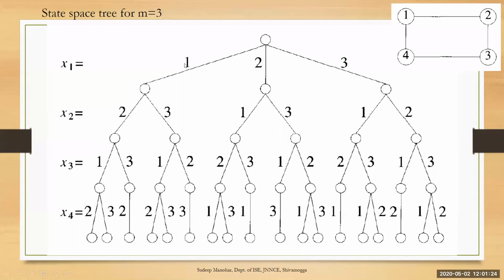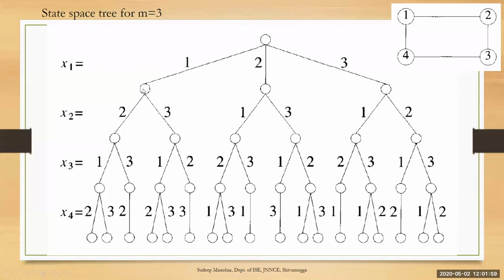Now, X of 1 is 1. X of 1 is 1 means the color of vertex number 1 is 1. Now check whether there is any other vertex with the same color. You have to see the adjacent vertices. 2 is there, 4 is there. Their colors are 0 because initially we have set them to 0. Since it is 0, it means that you can color vertex number 1 with color number 1. So this is correct. 1 can be given.